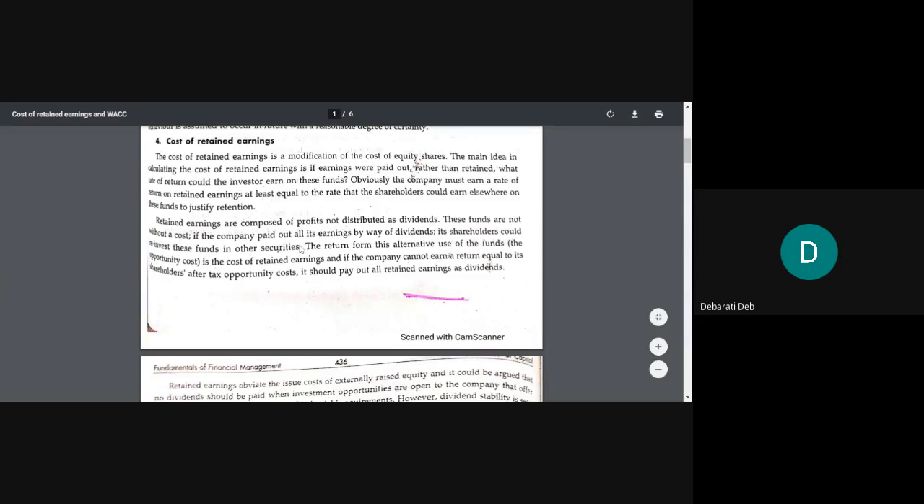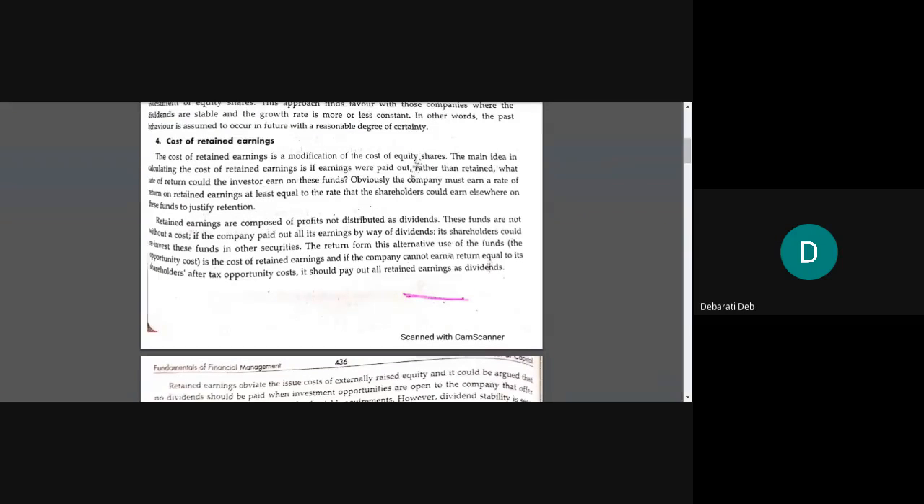So you can see on your screen the last type of cost, which is cost of retained earnings. We have done cost of debt. We have done cost of preference capital. We have done cost of equity. And last is cost of retained earnings. We will take this up today, and then we will finish off this, and then we will do the overall cost